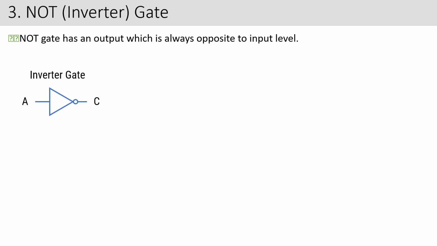Now this is the symbol for an inverter gate. The most important thing is that in the majority of cases, we have found that students get confused between the symbol of this inverter gate and the PN junction diode. You will have to be very, very clear in your mind, because in a PN junction diode also you get this kind of symbol. I don't know how to represent a diode here.